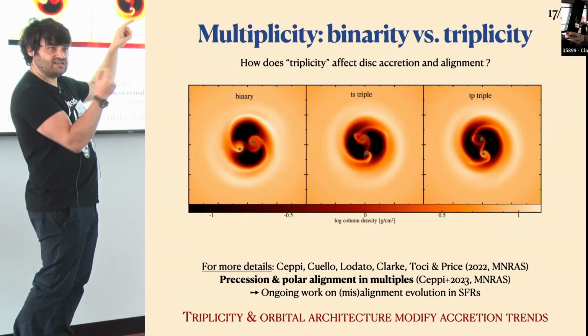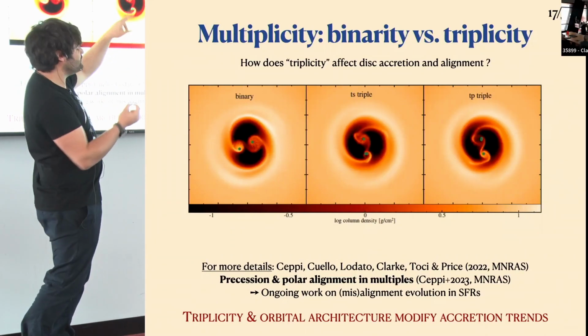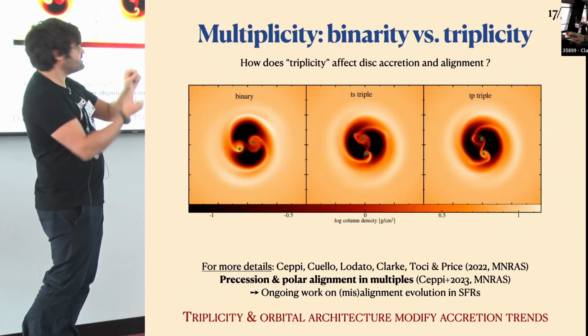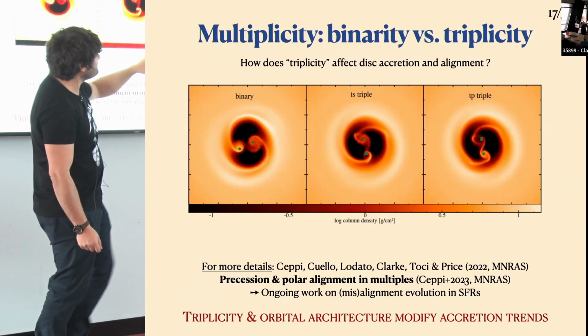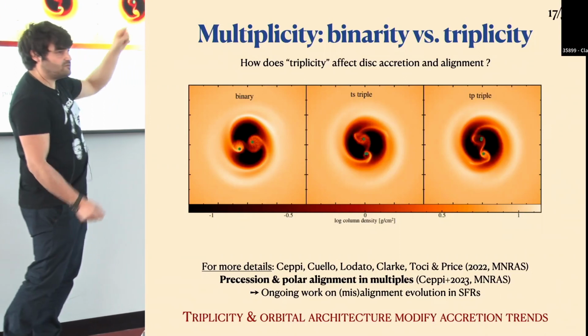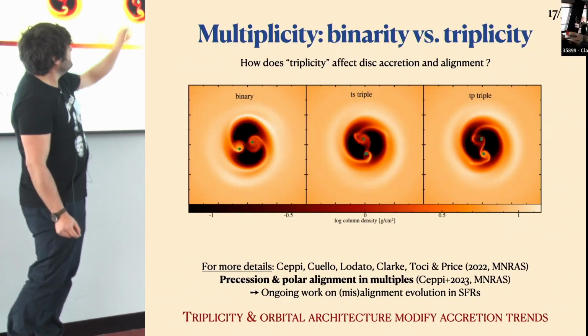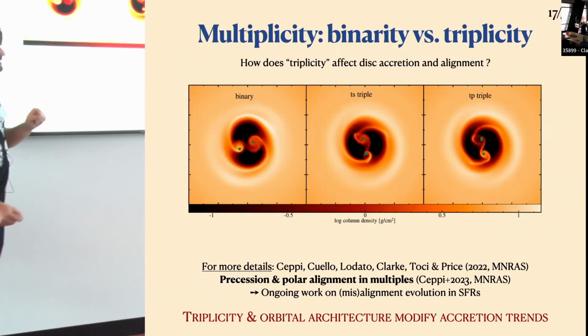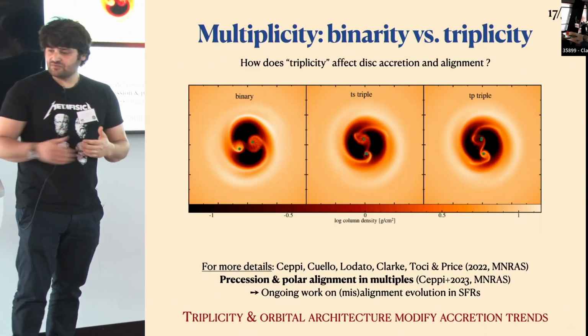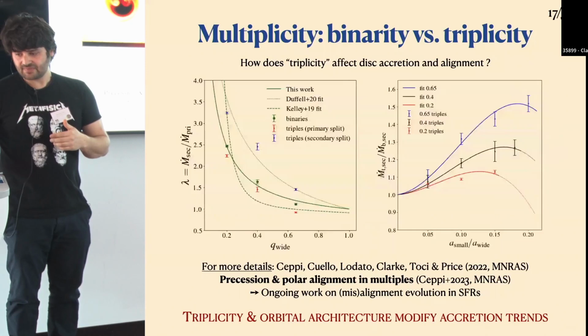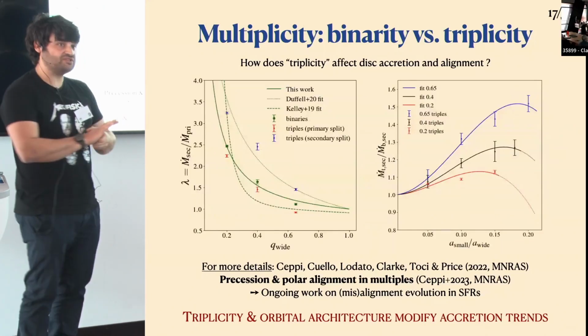So the secondary, the less massive of the two stars, is split into two stars. So we have one star here and two stars here. Or this version here where we split the primary star, so the more massive companion. All right, so this is what Simone did. He ran a large bunch of simulations, and we were trying to see if we could spot any differences in